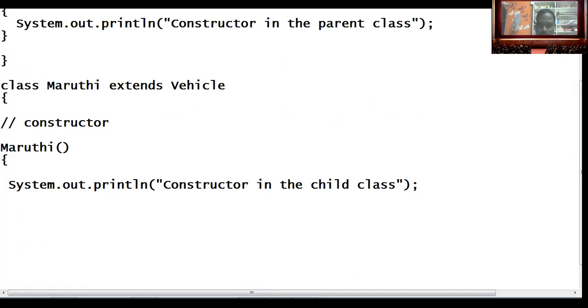I'm going to close this subclass. So I'm going to write the main method, class Demo16, public static void main(String args).